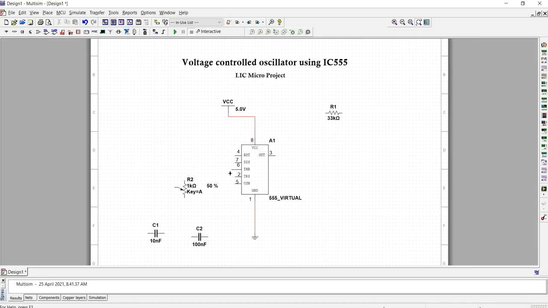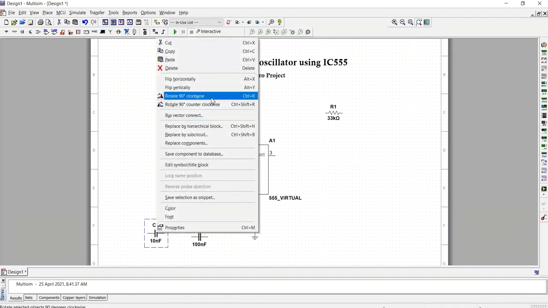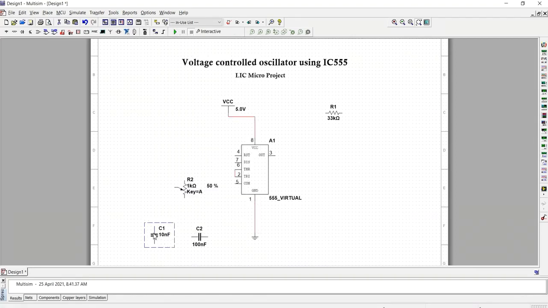Pin number 6 is the threshold pin and pin number 2 is the trigger pin. Make a short between them in this circuit. Next, we make the capacitor connection. First, rotate the capacitor. Capacitor first terminal is connected to pin number 6 and pin number 2.